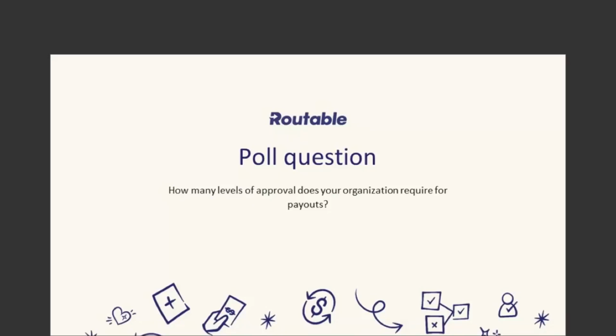You don't have any formal levels of approval for payouts? It's the Wild West? Only kidding. One level of approval, two levels of approval, three levels of approval, four levels of approval on average, or more than four levels of approval on average. Take a moment to respond to the poll question now displayed on your screen, and we're going to discuss the results